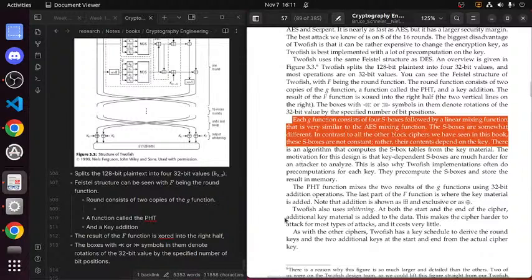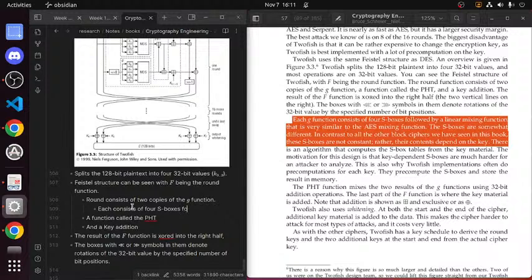Each G function consists of 4 S boxes, followed by a linear mixing function that is very similar to the AES mixing.